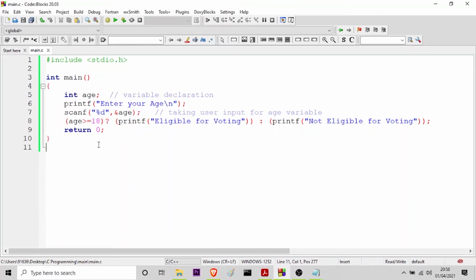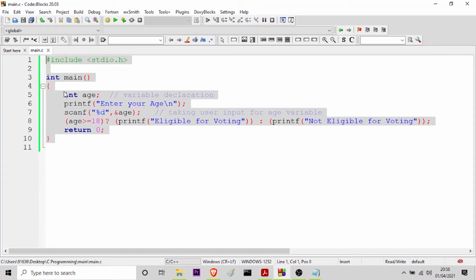So this is a way of using the conditional operator in C language. So now let us go on to the next topic, which is